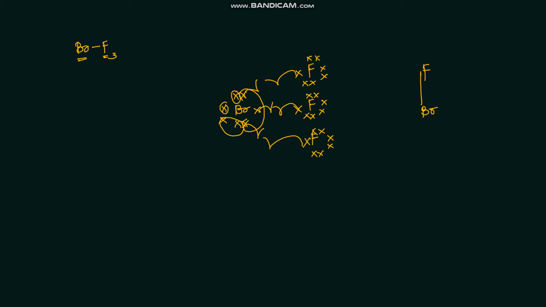The fluorine is placed at the axial position, then one at the equatorial position, and the lone pair is always kept at the equatorial position in trigonal bipyramidal geometry. Here 3 equatorial bonds, therefore trigonal, 2 at axial, therefore bipyramidal. Therefore the shape is T-shape, and this is the structure of the compound.